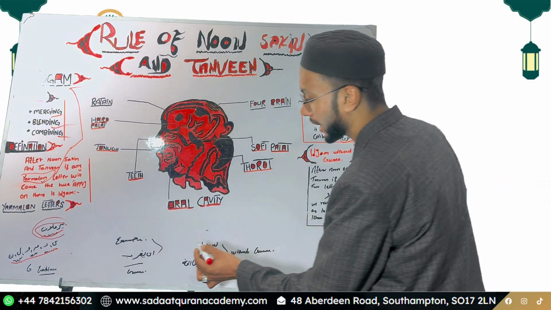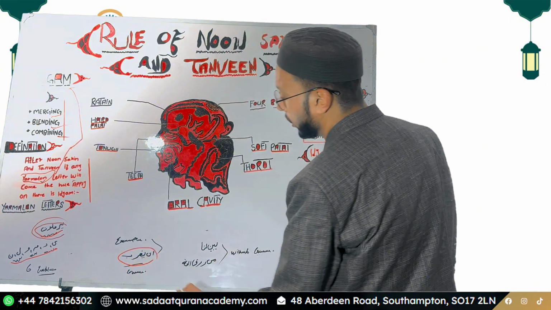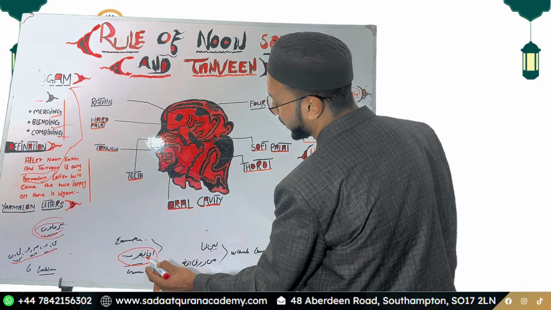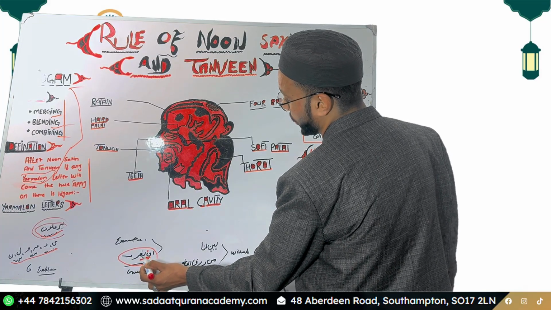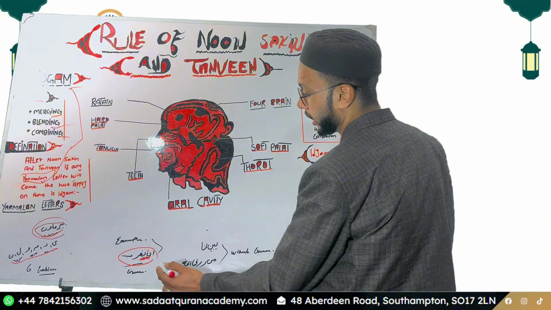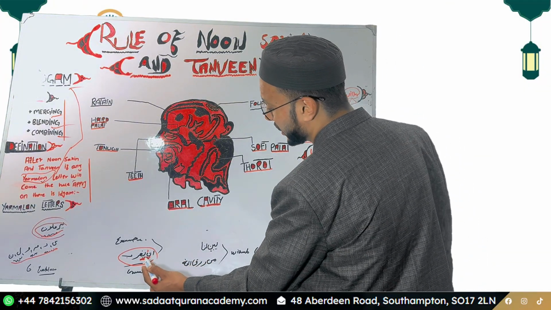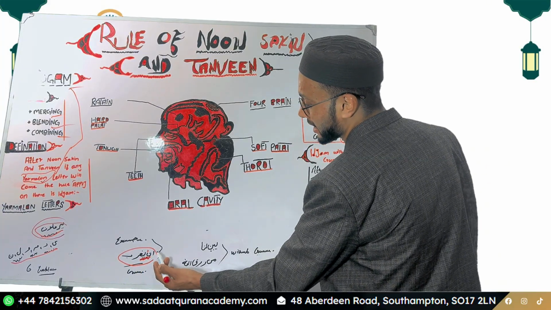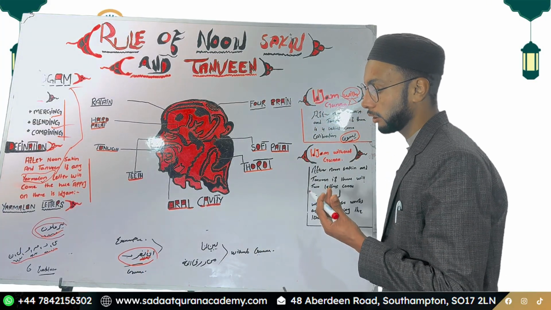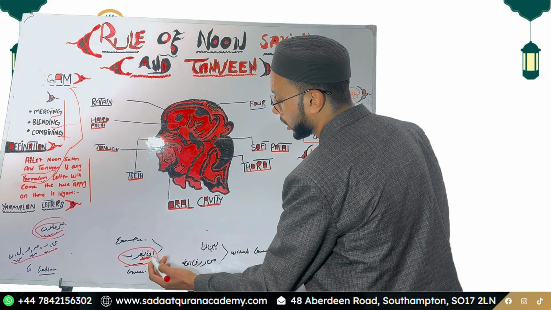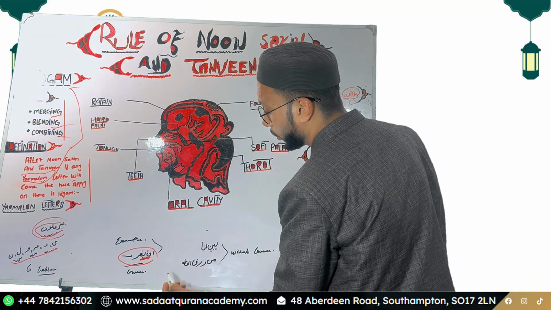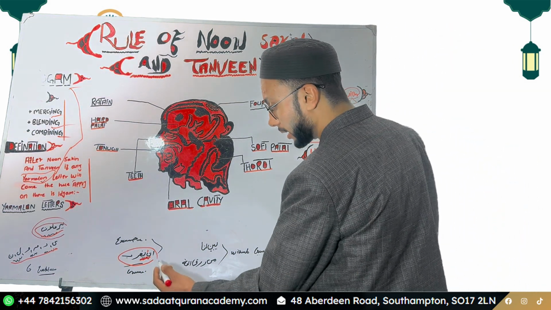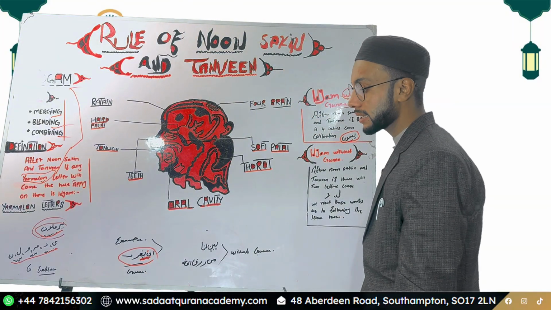For example, Ayn Yazrib. Now you can see here, Noon is Saakin, Noon is silent here. After Noon, there is a Ya. Ya is the Yarmalun letter, an Idgham letter. Now we are merging the Noon sound into the Ya, holding the sound in the nose, making compression on the Noon. That's why it is Idgham with Ghunna. For example, Ayn Yazrib. If you read An Yazrib, it's incorrect. The correct is Ayn Yazrib.